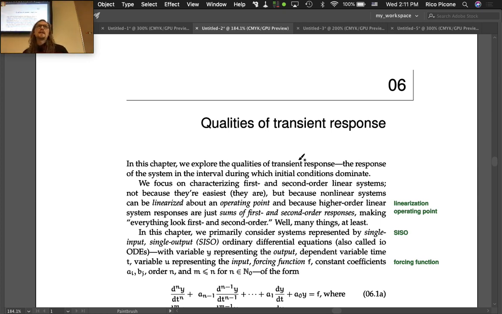Remember, after the transient period, we come to some steady state, assuming that the system is stable. Otherwise, it just blows up to infinity, and there is no steady state. So we want to really characterize that first portion of the response. And we're going to do that in this chapter